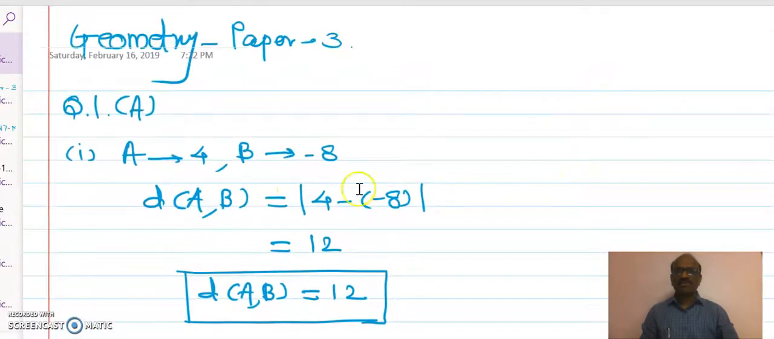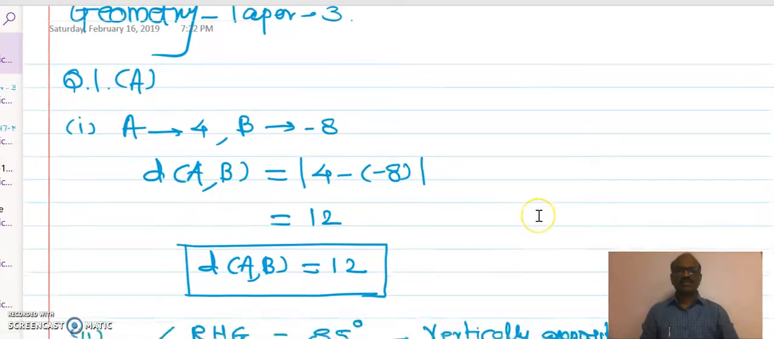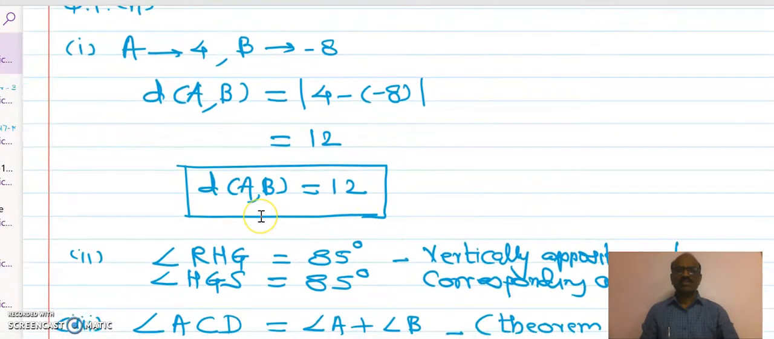Now here, A denotes 4 and B is -8. The distance between AB is equal to mod of 4 minus in bracket -8, mod closed. Minus becomes plus, 4 plus 8, that is equal to 12. Therefore, the distance between AB is equal to 12. Now the next question,